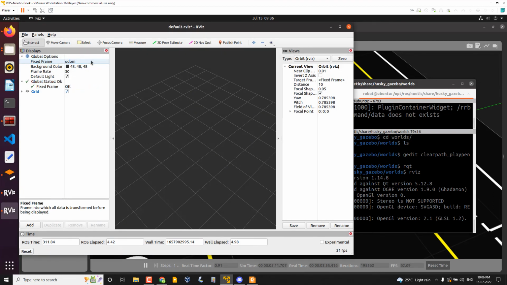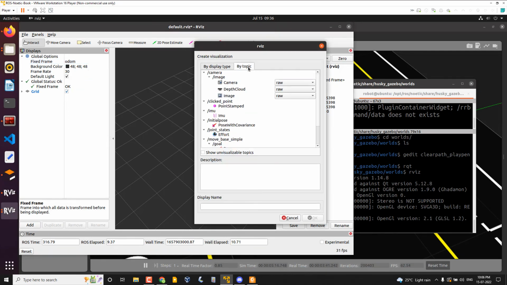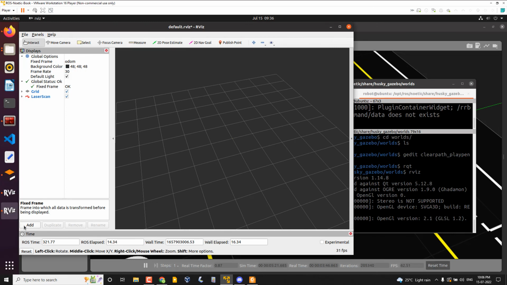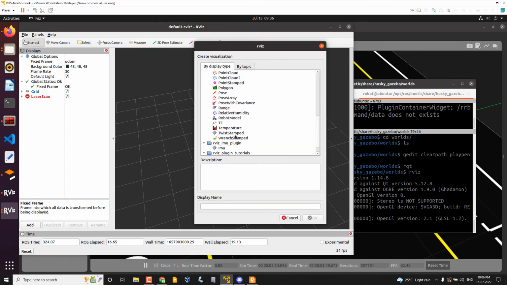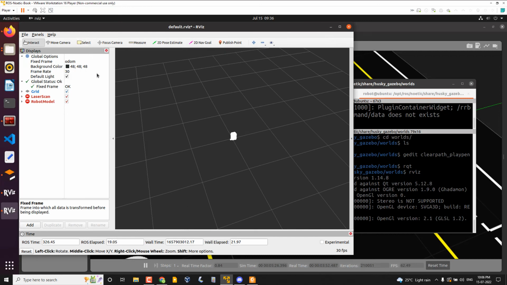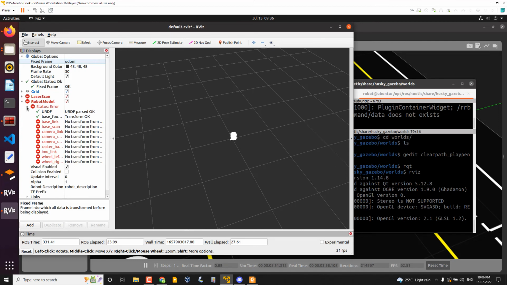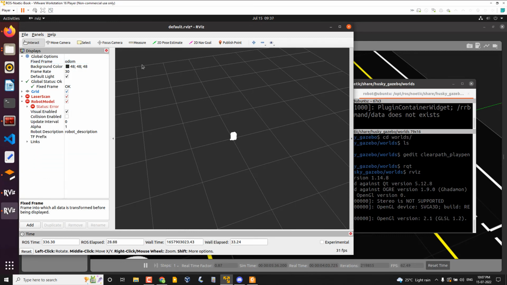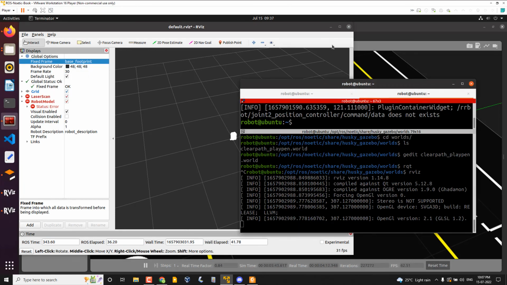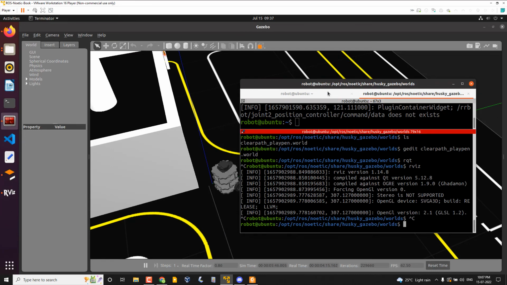Make the fixed frame as odom, because it is providing the odometry, and add by topic. So we have the laser scan, then add the robot model. Okay, so I think there is some problem with the laser scan and robot model. That needs to be checked. Yeah, I think this simulation only has some configurations, but maybe I can load a different one,